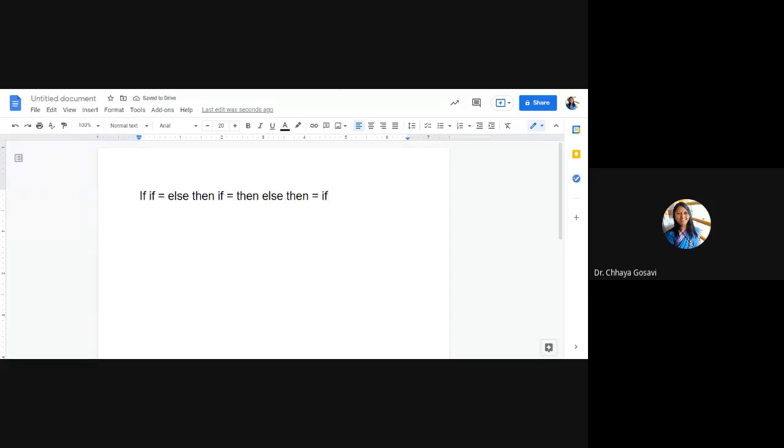Can you read this statement and tell what it means? If equal to the else, then if equal to then, else then equal to if. This language is called PL.